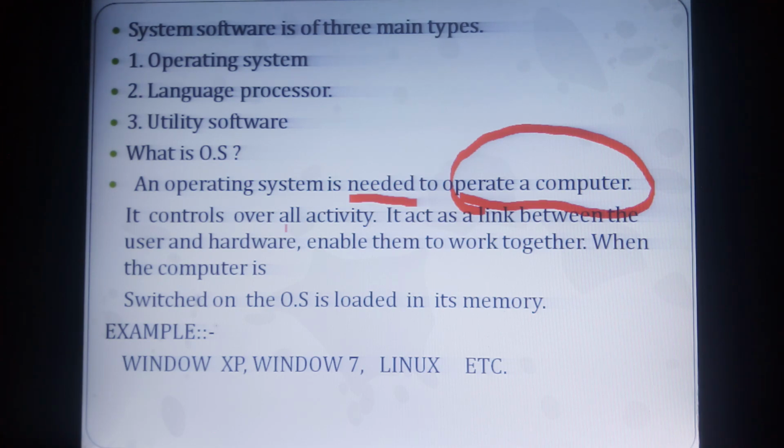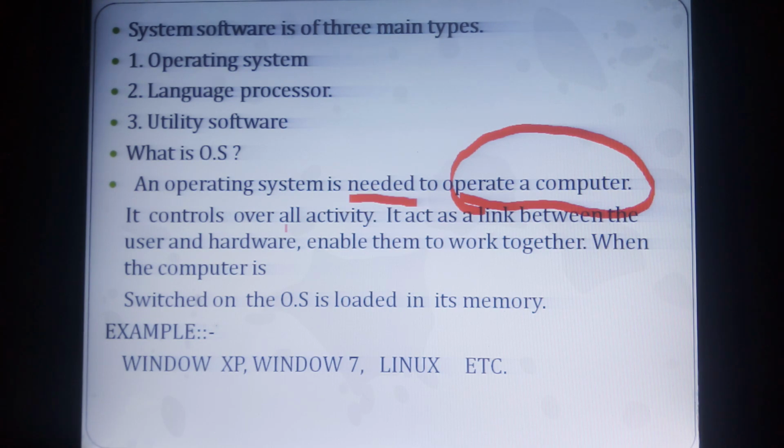So now I am telling you, an operating system is needed to operate a computer. It controls overall activities. Suppose our school principal is not there. Our school principal is not in our school. What does it mean? It's quite impossible.